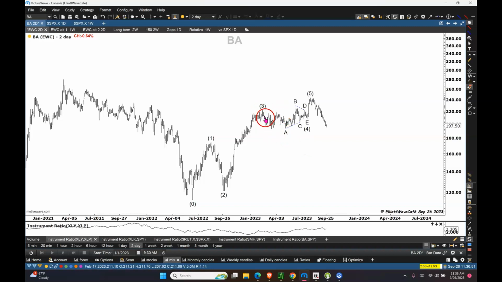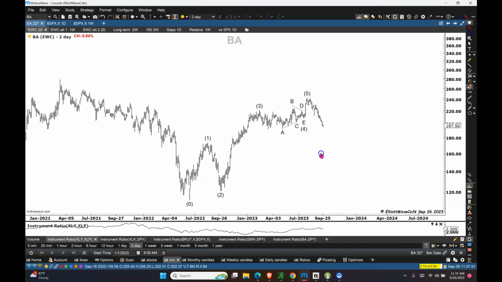That's a complex move in here: in a wave A, you go up in B in 3 waves. You come down in C, up in D, down in E in 3 waves, and then you go 1, 2, 3, 4, 5, and you finish wave 5. Right now, if this is a running triangle wave 4, then you have 5 waves, which appears that we kind of do because